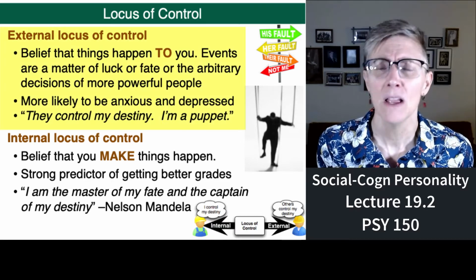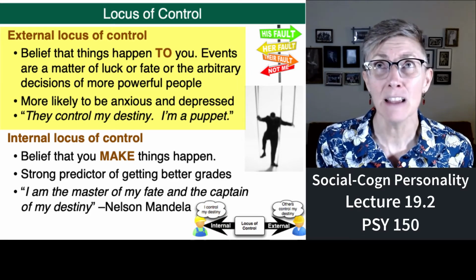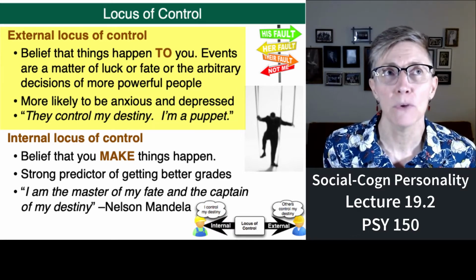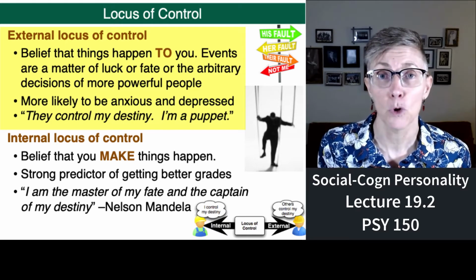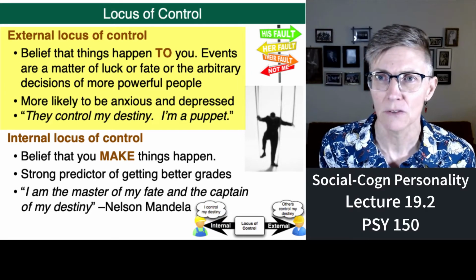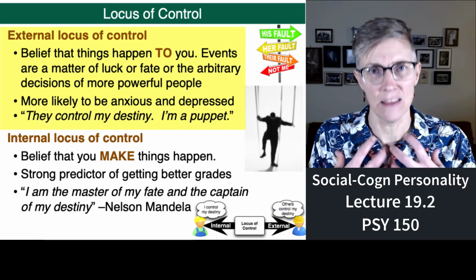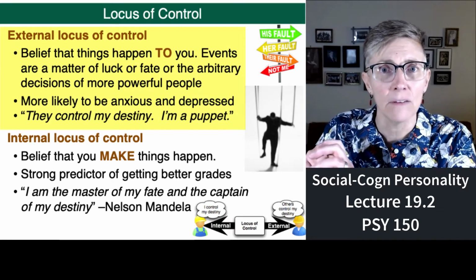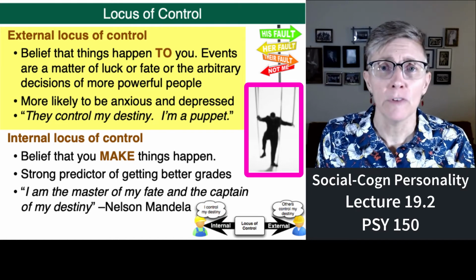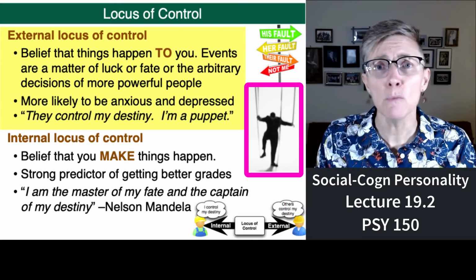What's going on? Well, some people believe that things happen to them entirely as a result of outside forces over which they have no control. So, for example, they might think if they were fired from work, it had nothing to do with them. It was their awful boss or something else. People with an external locus of control essentially take their own power over their life and give it away. It's like, oh, it doesn't matter if I vote. Who cares what I think? I've got a drawing here of a puppet. And that's essentially what external locus of control is, that someone else controls you.